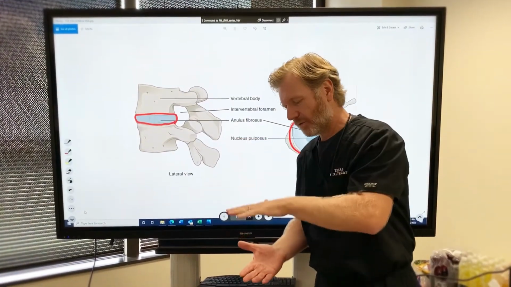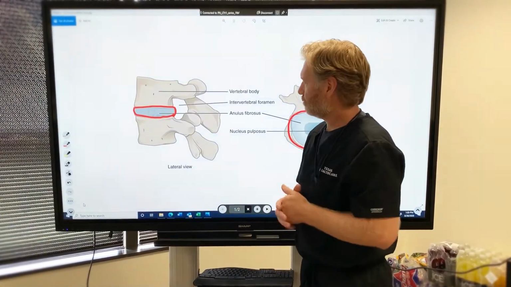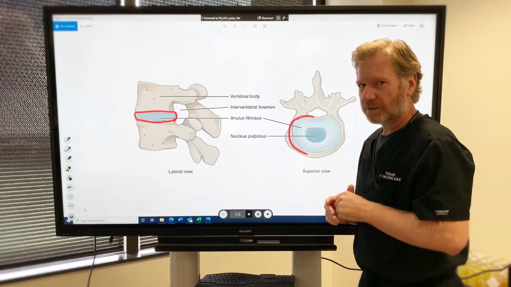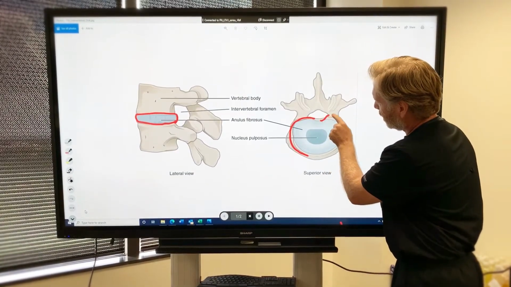As the weight gets pushed down, it'll bulge out the side. It's usually not a symptomatic thing, but with a herniation, the difference is you get this little area that